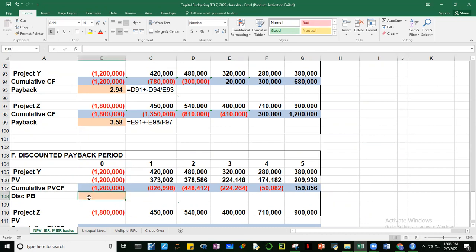So easily we can say that the discounted payback period for project Y is 4 plus. Ito, kulang pa na 50,082 and expected sa year 5 to 09. So that would be negative of this one divided by